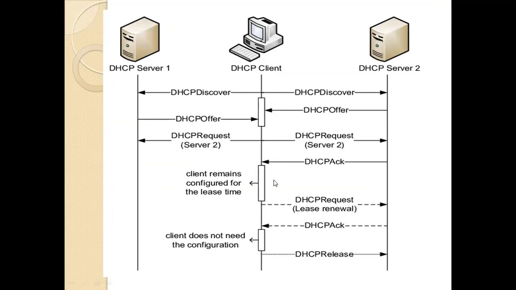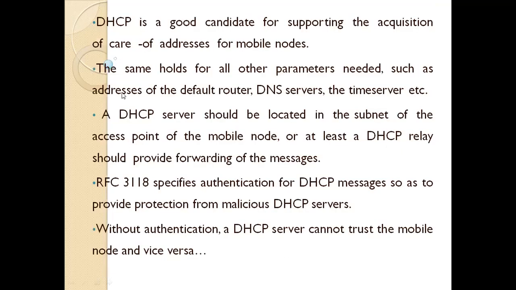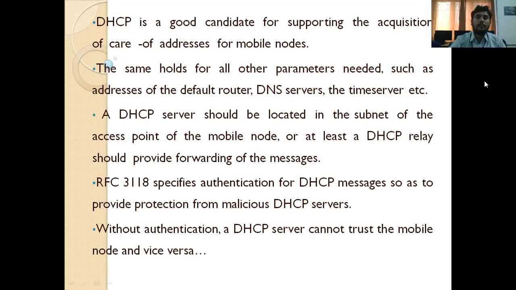So after getting the acknowledgement, it connects to that particular server. The same holds for all other parameters needed, such as the address of the default router and DNS servers and the time servers, etc. A DHCP server should be located in the subnet of the access point of the mobile node, or at least a DHCP relay should be providing forwarding of